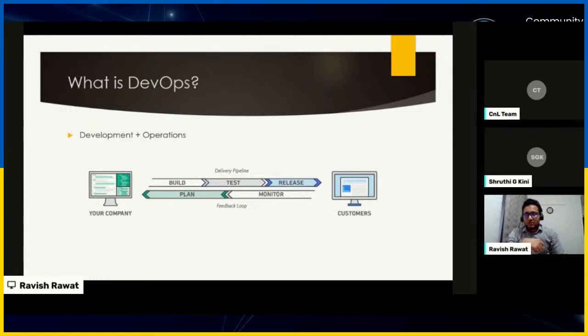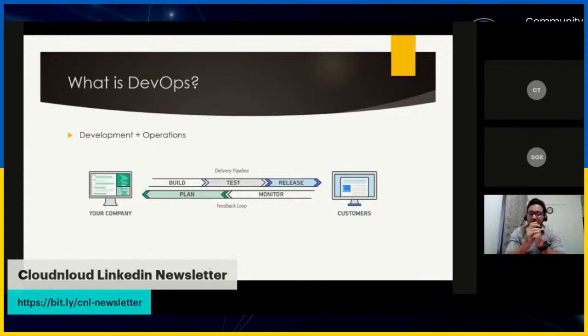All right. So if you talk about Amazon's definition, it is something like: DevOps is a combination of cultural philosophies, practices, and tools that increases an organization's ability to deliver applications and services at high velocity, evolving and improving products at a faster pace than organizations using traditional software development and infrastructure management processes. So this speed enables organizations to better serve their customers and compete more effectively in the market. So this is a basic definition of